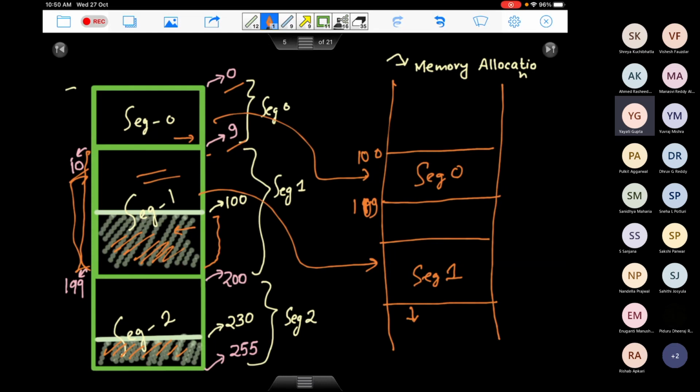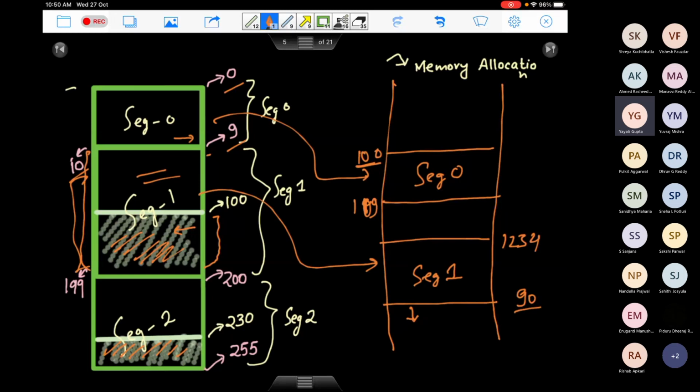Since it's a contiguous memory allocation, we can do it the same way we did previously. Corresponding to each segment, you can have a base register and a limit register. What will be the base register? The physical memory address from where this segment is starting. What will be the limit register? The size of the segment. If you talk about segment 1, assume that its base address is 1, 2, 3, 4 in memory. What will be the limit register for this? It is close to 90. So let's say the limit register for segment 1 is 90.